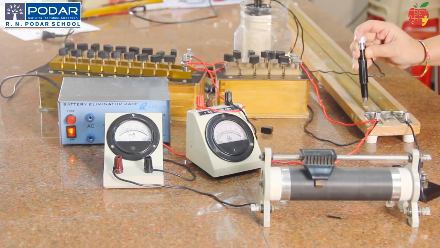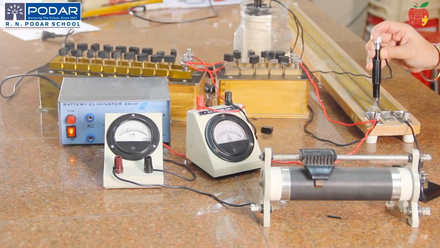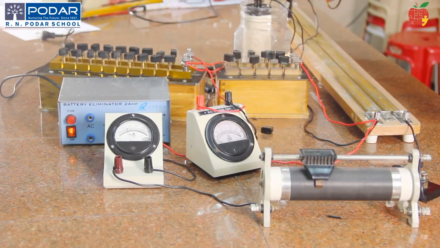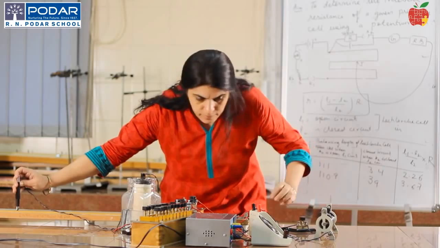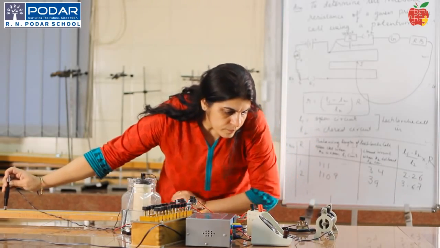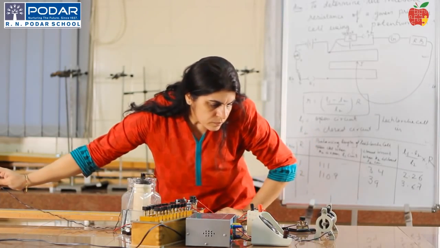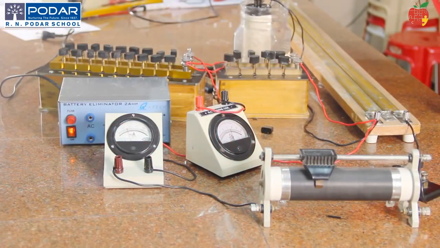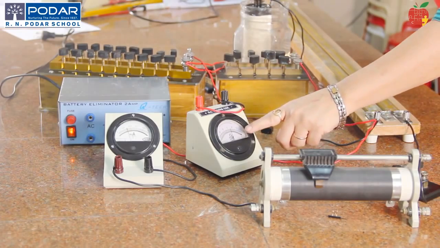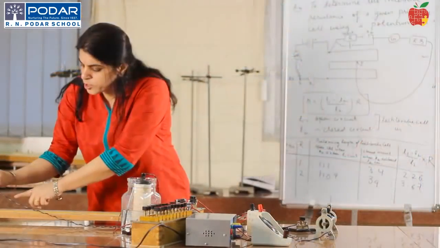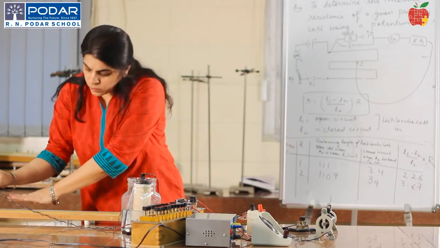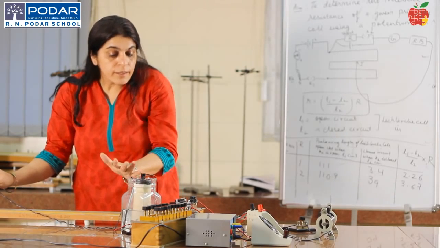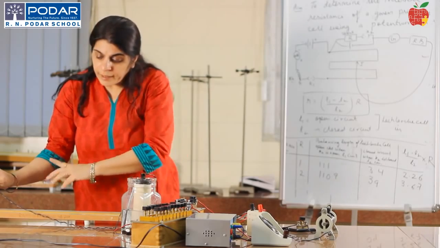I put it on first wire, it is one direction. Put it on second wire, it is in opposite direction. So when I put this here, I'll find the balancing length of the wire. Here, can you see this? At this position, we find the galvanometer shows null deflection. So note down this position, the balancing length, that is L2 on this potentiometer wire. In this case, the Leclanché cell is in a closed circuit, and we have found L2.